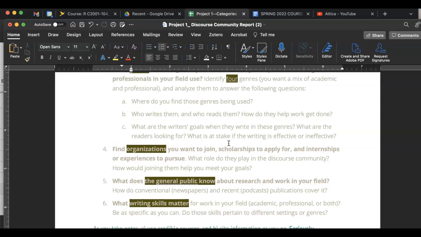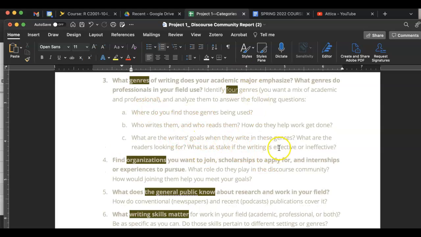That's very specific. But in terms of answering all these questions, this is sort of a preliminary lit review, I guess, of the types of writing that exist in your field, in your area of study, in your potential future profession,